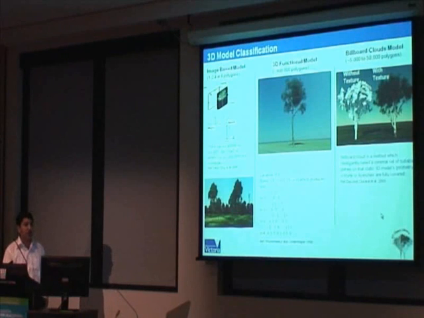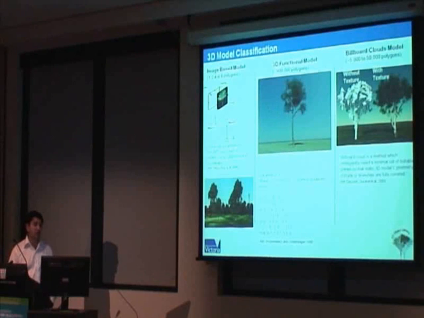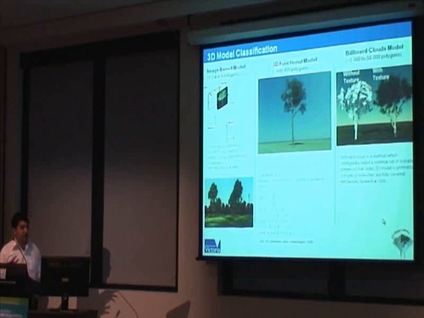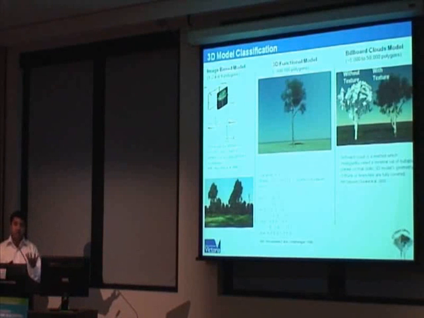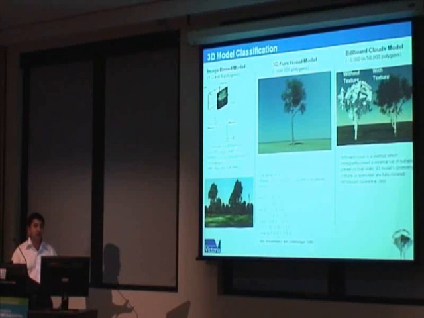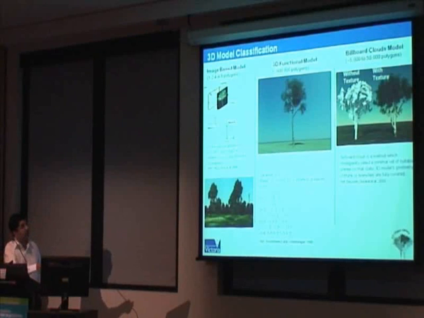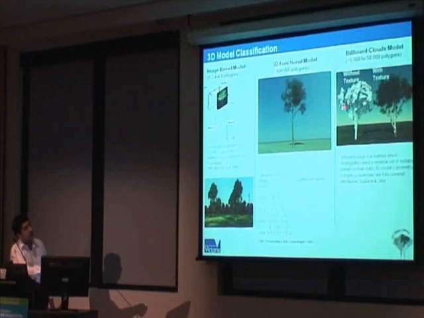The construction type is billboard clouds. Billboard clouds is almost a combination of these two methods, and basically this method intelligently selects a minimal set of planes which wrap the whole geometry of the tree. So here, if you see in the left-hand side image, these whites are the planes, and we try to put